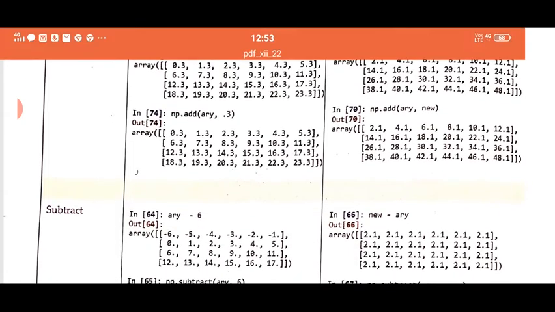And when we are using dot add, add is a function, so it is needed to put the argument also. What argument? np.add ARY comma 0.3 means add 0.3 to all the elements of the array.